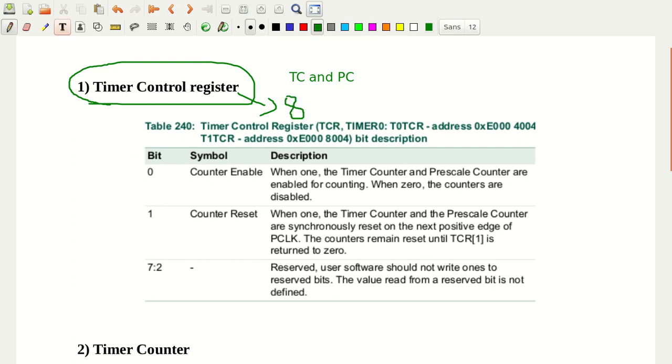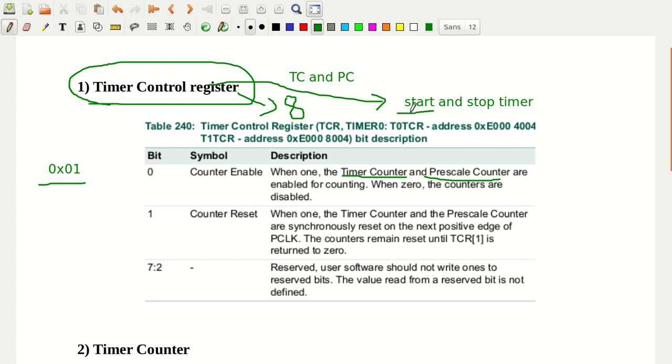You can see here the value that you have to put in order to enable the timer counter and the prescale counter is 0x01. If I write this, then your counter is enabled, that is the timer counter and prescale counter. What you do in this case is start and stop the timer.